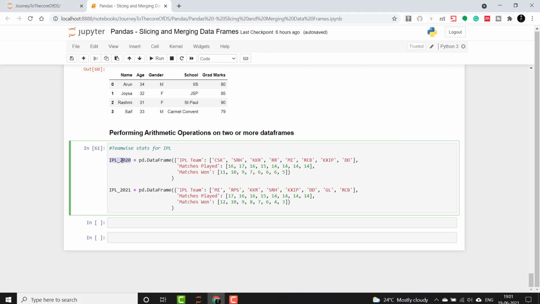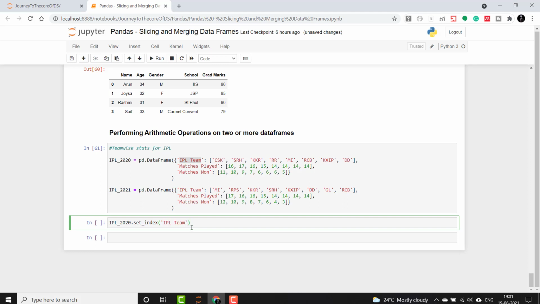Okay, first we have to set the index for both of them. So I'll say IPL 2020 dot set_index, and I'll make IPL team as the index here. Okay, this is to perform the operations on other rows using the same team as reference.